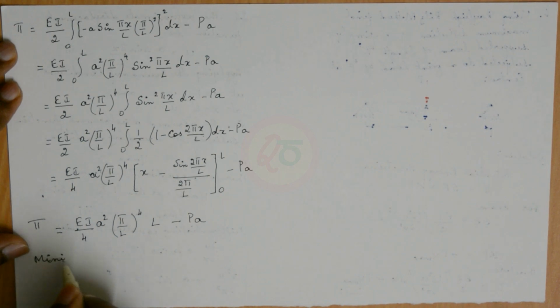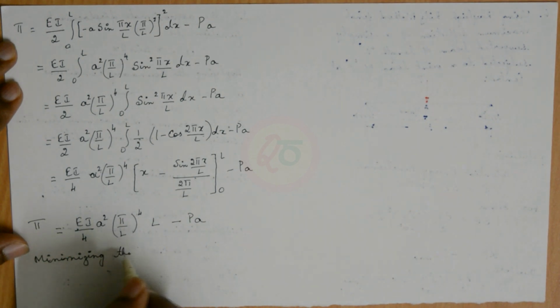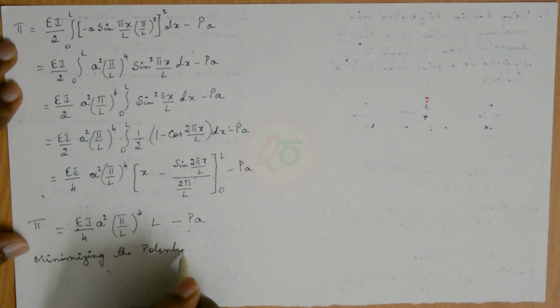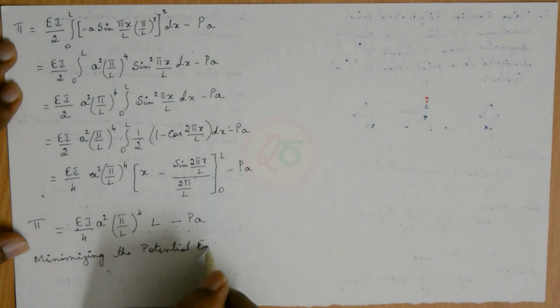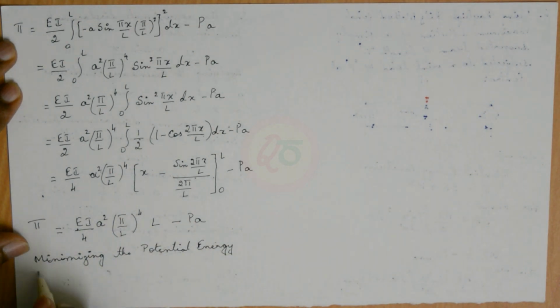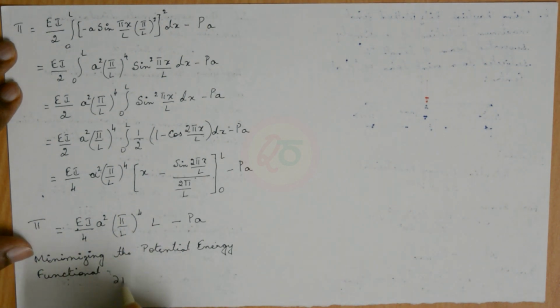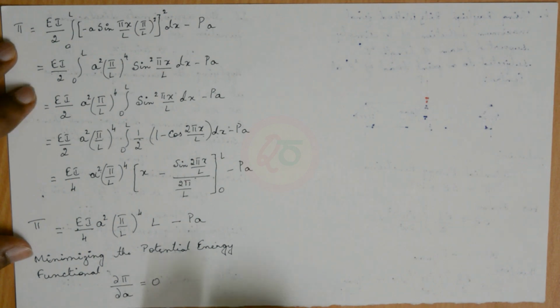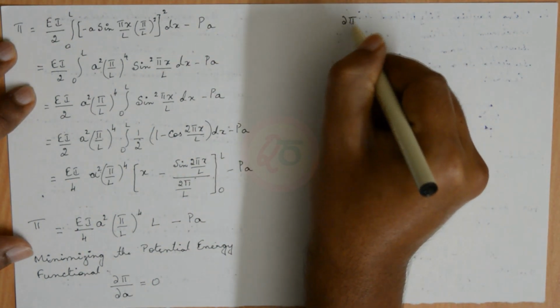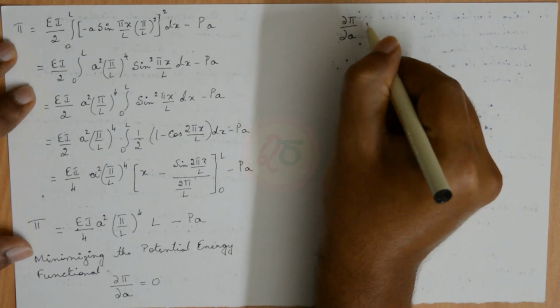minimizing the potential energy functional, we obtain dou pi, the variable is only a, dou pi by dou a should be equal to 0. So this becomes dou pi by dou a is equal to